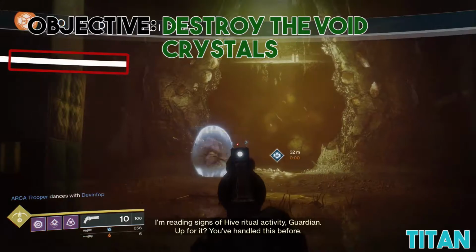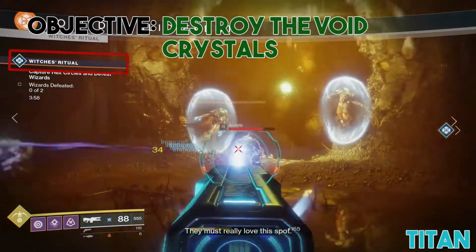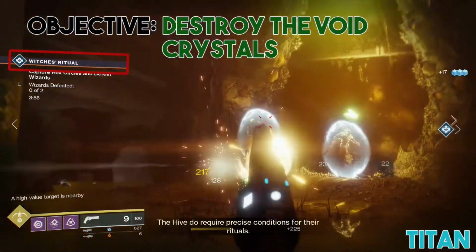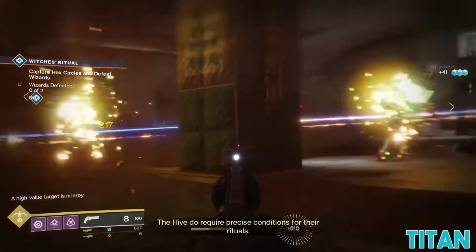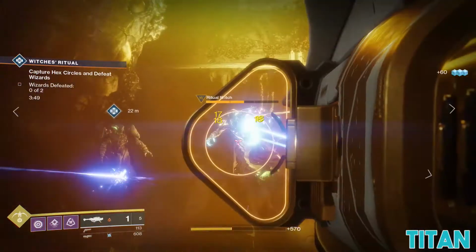And finally, we're on to the Witch's Ritual. This is on Titan, and it's in the area called the Rig. And it's probably the quickest public event in the game if you really know what you're doing. To start it off, you're going to stand on either plate on either side of the room,